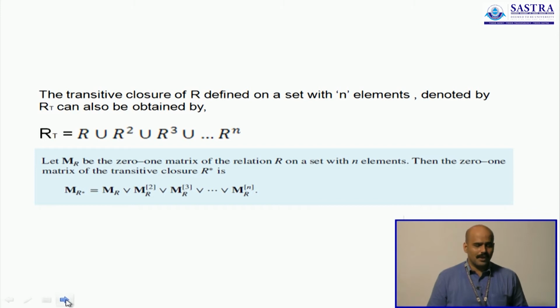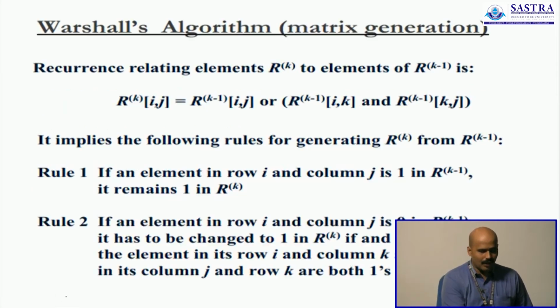This can also be done by generating the matrices and doing a Boolean addition among these, but that is again another meticulous task for you to complete, which is why we have a very simple algorithm for you to generate the transitive closure for any given relation on a non-empty set. That algorithm is what you know by the name of Warshall's algorithm. It involves only 2 steps which have to be performed across each column of the matrix that represents the given relation. So those 2 rules are on your screen.